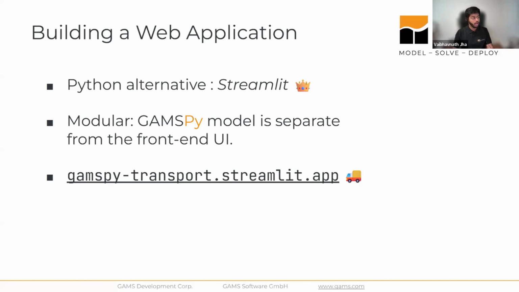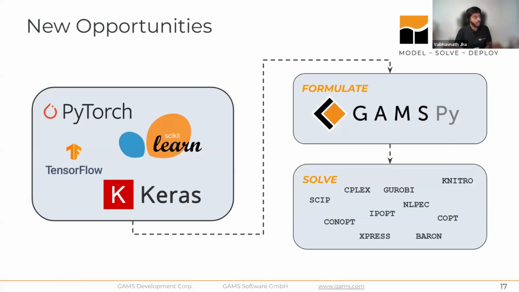Back to the presentation, and probably the most interesting part of the webinar, in my opinion. You may have come across use cases or papers or presentations dealing with different combinations of ML, machine learning, and optimization. And obviously, Python is the number one machine learning language with rich features and vast support of different machine learning libraries tailored to your needs. So with GAMSPy, we have great new options to interface optimization with ML libraries.